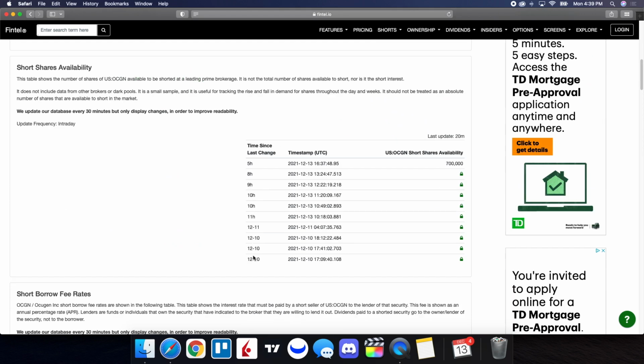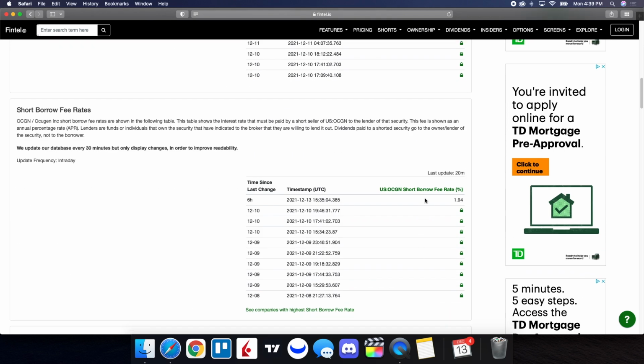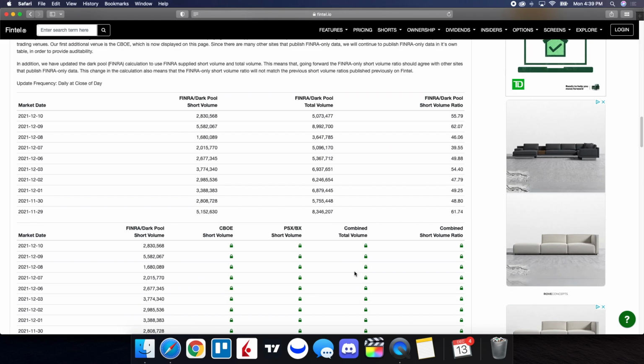Scrolling down further on the page, the short shares availability is at 700,000, updated 20 minutes ago, and for the short borrow fee rate, it is at 1.94%. When we take a look at the history of the short volume ratio, we could see for the close of the 9th, it was at 62.07, and then for the close of the 10th, it was at